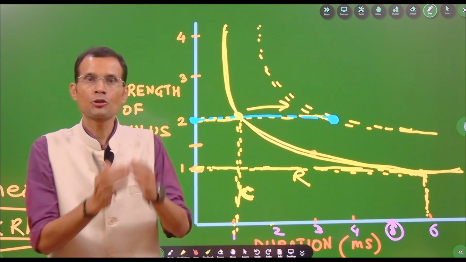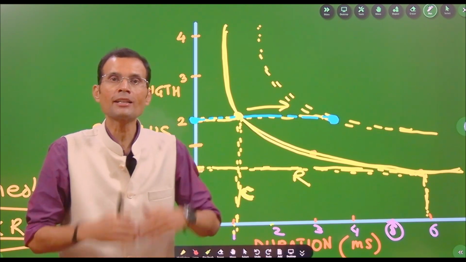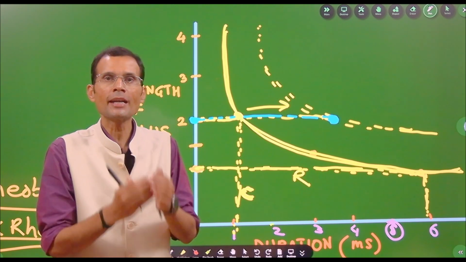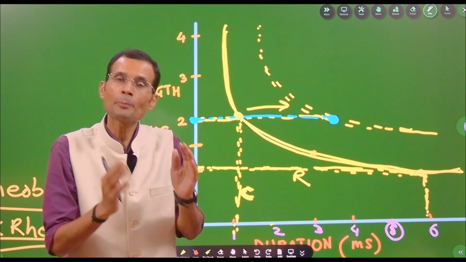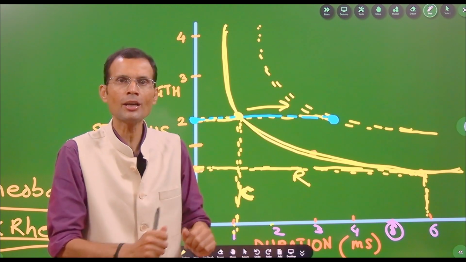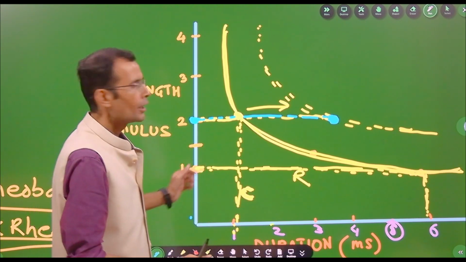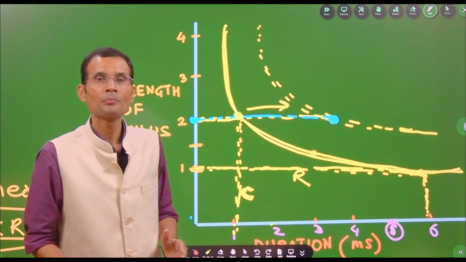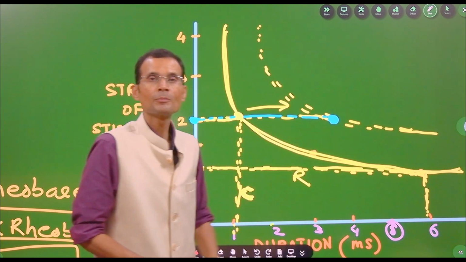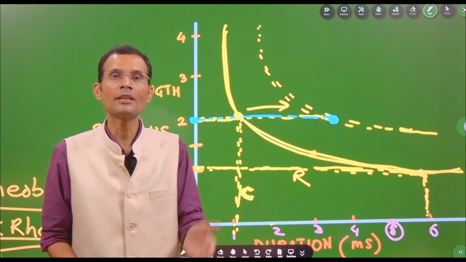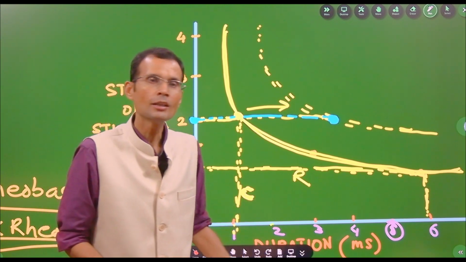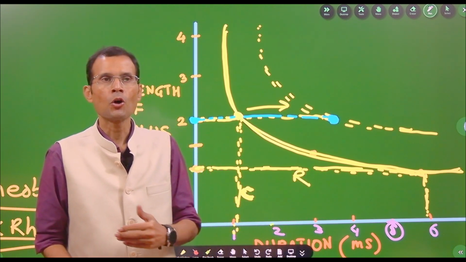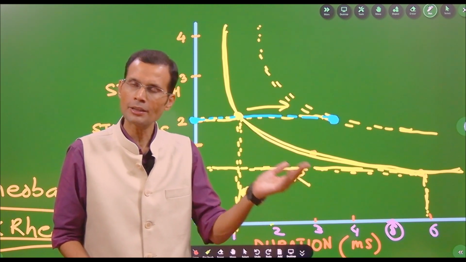All right. Shorter the chronaxie, more excitable is the tissue. Obviously, shorter the chronaxie means it takes less time to excite. That means it is more excitable. It is exciting quickly, more excitable, that is. And that means if the graph is shifted to the right, chronaxie time has increased, and that means the tissue's excitability has reduced. Okay, so that will happen in certain conditions, like I said, channelopathies or muscle losing its innervation,